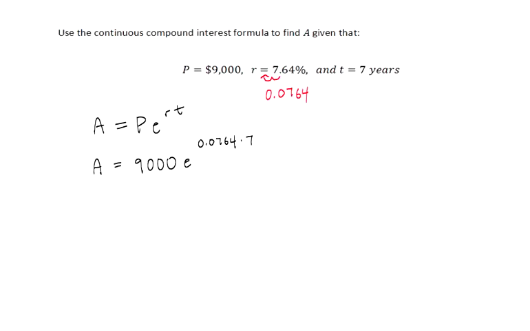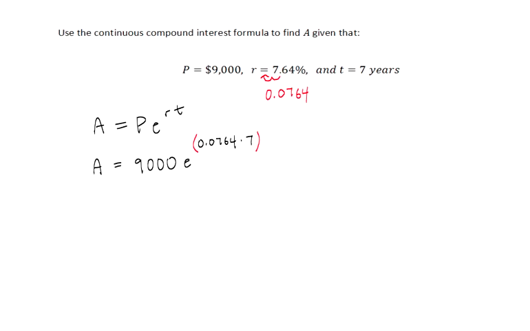And although we don't see any parentheses in this case, we can think of this exponent as being in parentheses. We need to go ahead and multiply 0.0764 times 7 so that we know the power to raise E to. So if you use your calculator to find that value, 0.0764 times 7, you should get